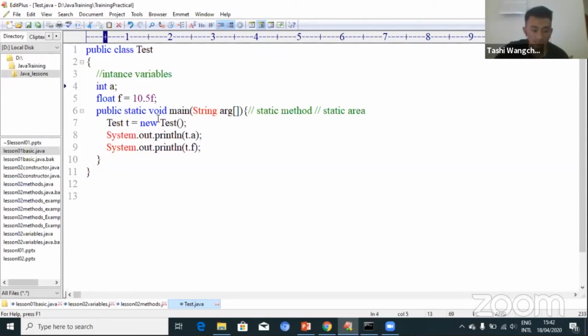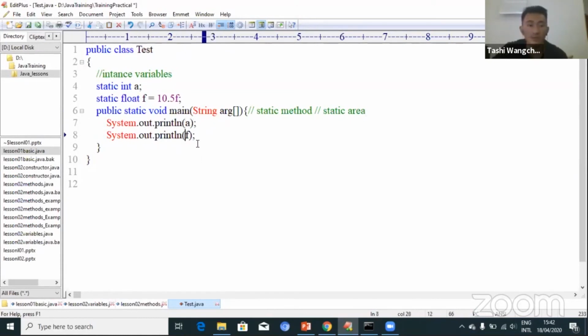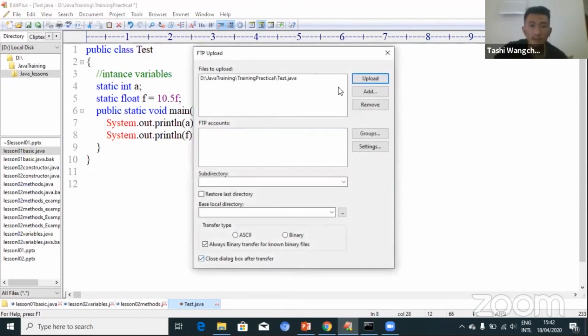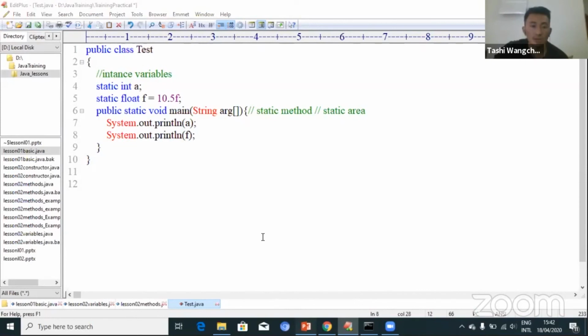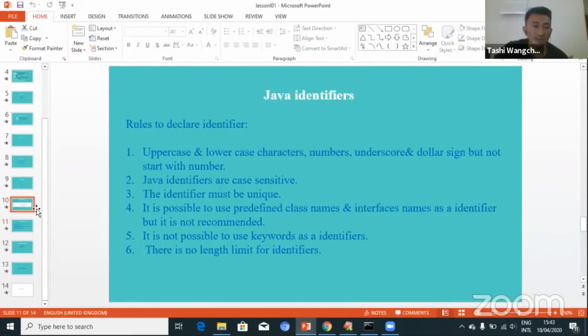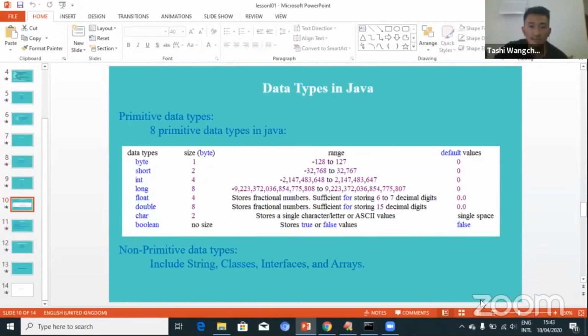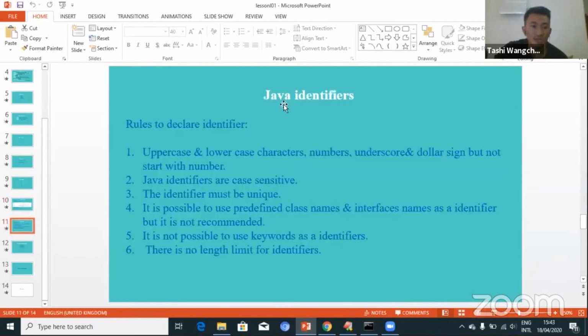And if you use static here, as you have suggested, then I think we don't have to use this object; it will be accessed directly. So that's all with Java data types. Now let me continue with Java identifiers. Now here, when it comes to Java